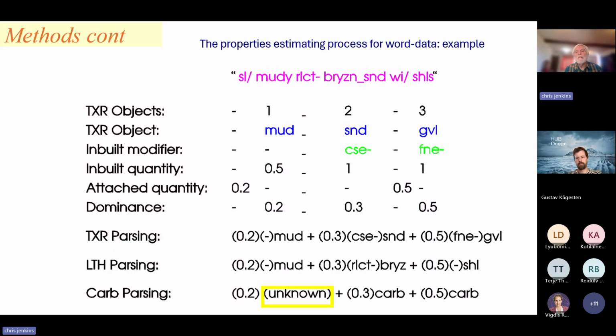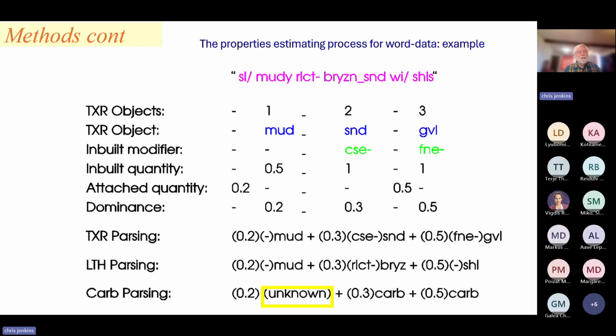So how do we bring this into outputs? Basically, it's a bookkeeping. There's nothing really fancy to it. We have a description like slightly muddy relict bryozoan sand with shells. And we have a markup language that brings that into a format that's rather arithmetic, right? It brings it into a sort of a formula format. And that markup language, again, has proven itself time and time again with many different data sets. And this morning, I'll show you with the NGU data set.